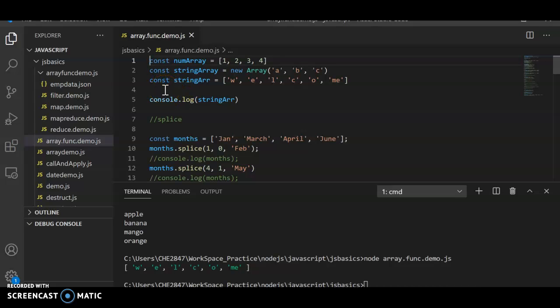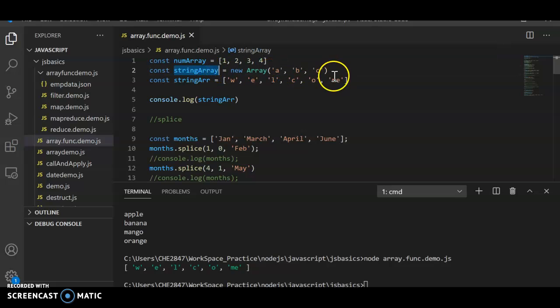In case you don't know what an array is, an array is nothing but a set of elements. This is declaring a number array that takes all the numbers, and this is a string array that contains ABC as elements. This is one way to declare or create an array using the Array class. Using the new instance, it's going to create an instance of the array, and it's going to take all this as the parameters to that array class constructor, and it's going to create the array.